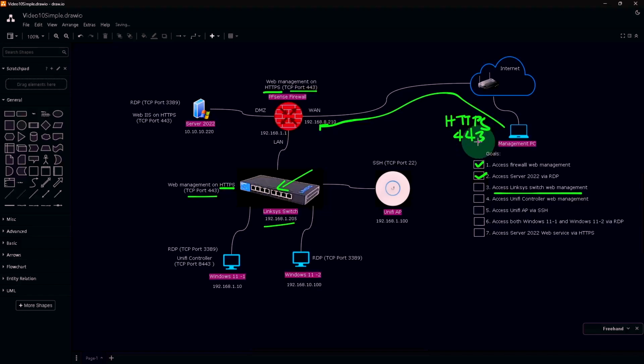The way we access this is by entering the URL address in the browser https://192.168.8.210, or we can do it this way, adding :443. We don't necessarily place :443 because it's understood already that HTTPS is 443. The plan here is to change the destination port from 443 to 4433, or we can use any port number as long as there is no conflict. The way we access this now from the web browser is